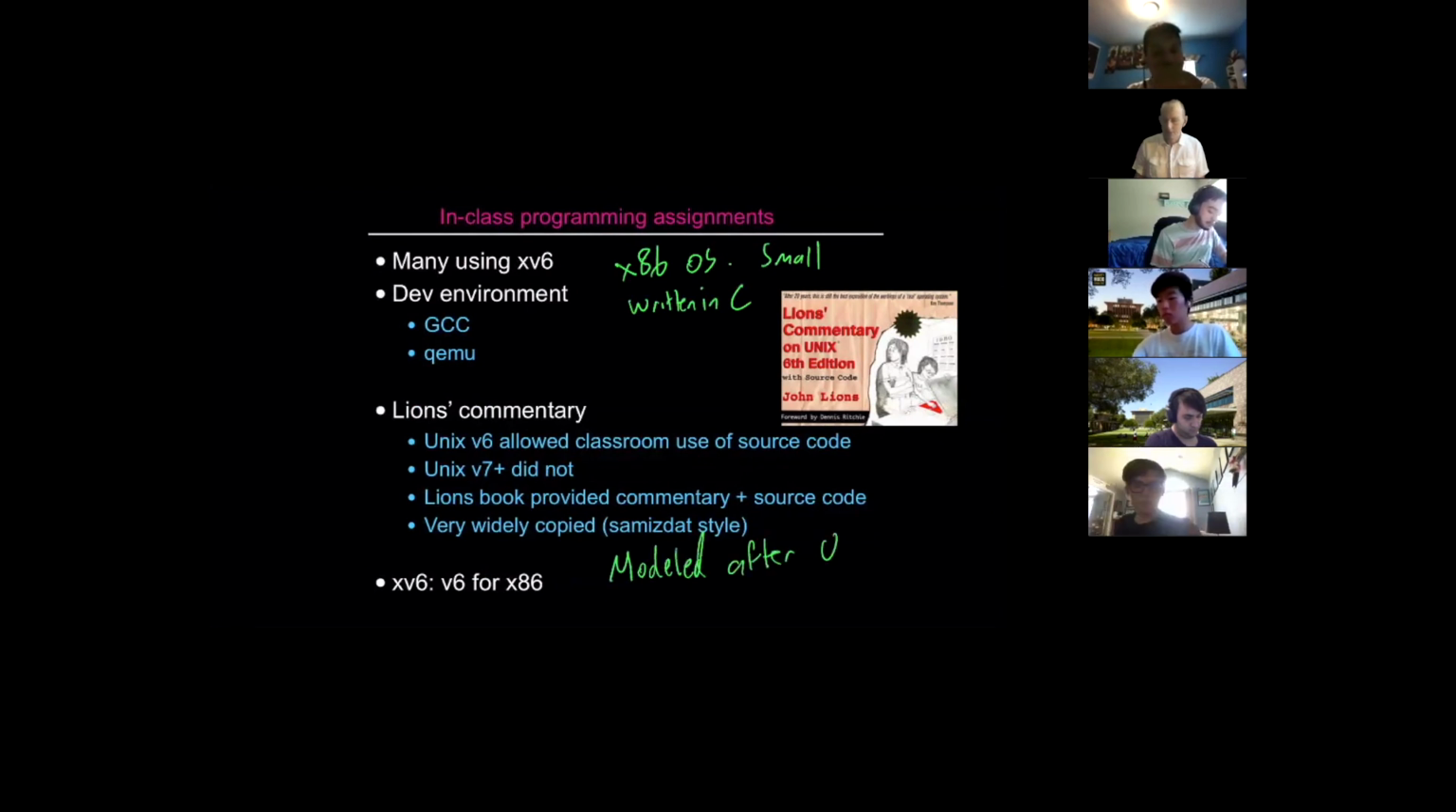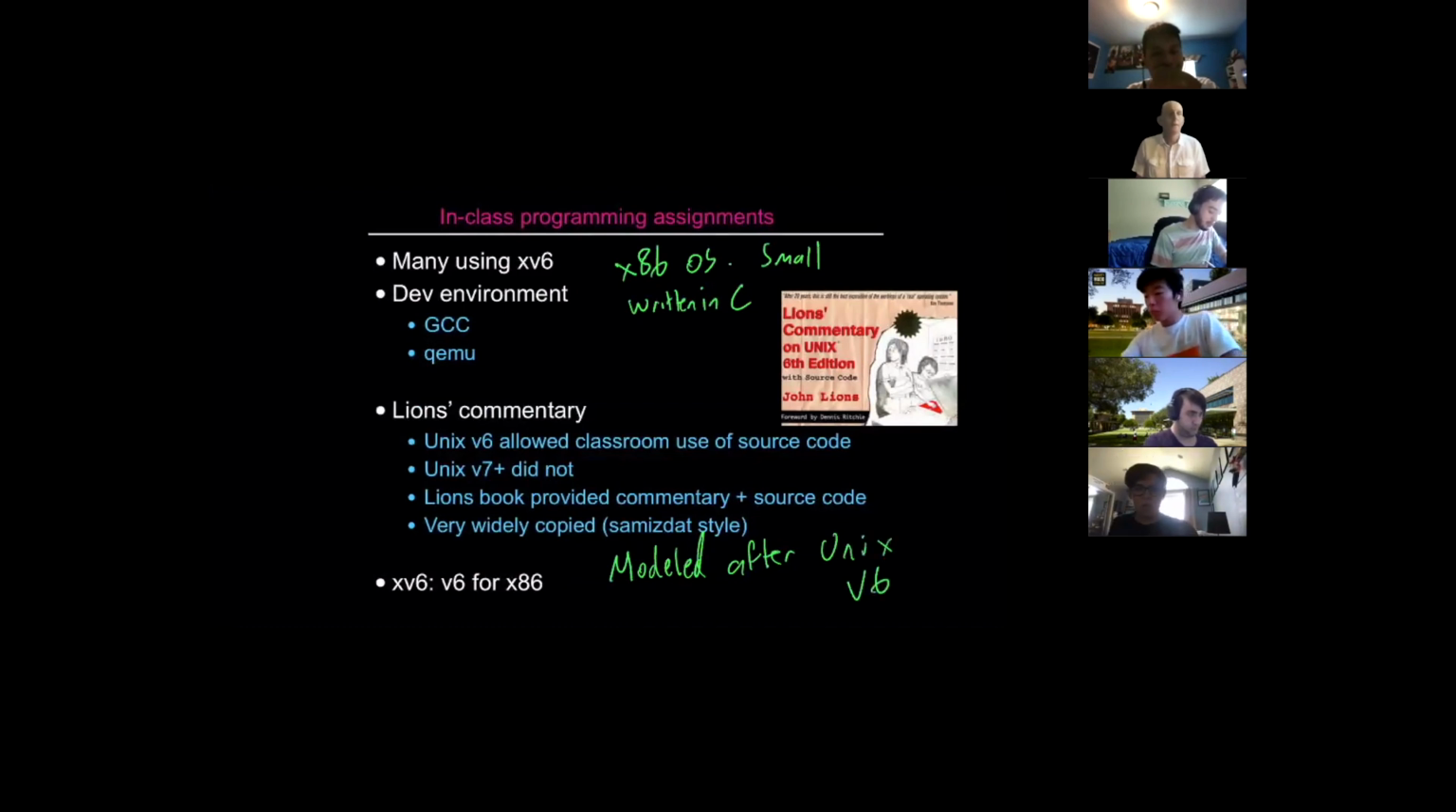So the in-class program assignments, many are going to be using XV6. So let's talk about what XV6 is. It is an x86 operating system. It's small. Okay, it's written in C. And it is modeled after Unix